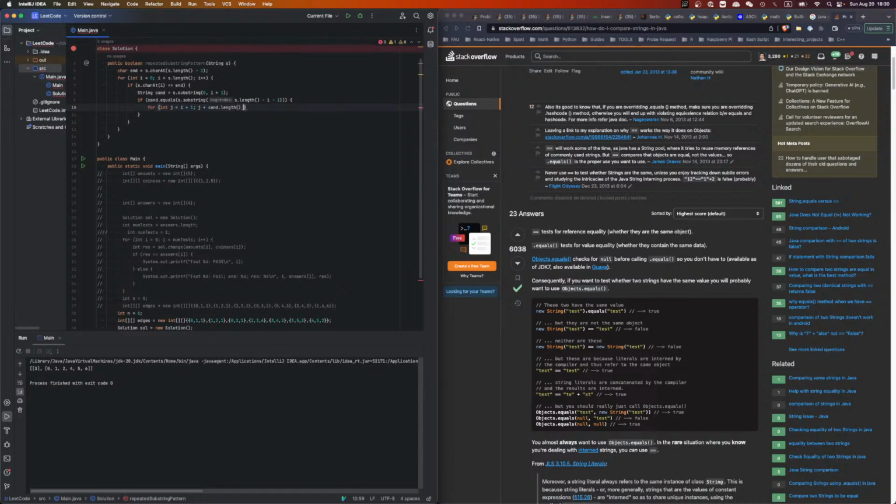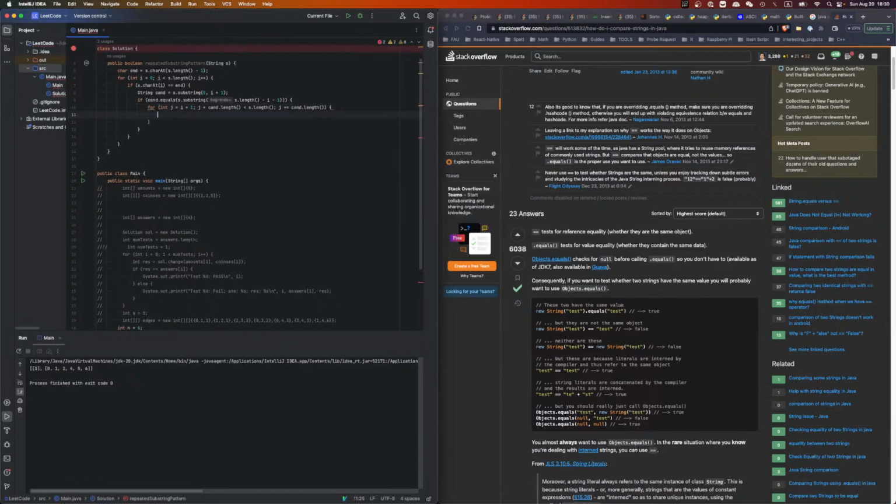Plus is minus 1, so smaller than s dot length. j plus equal to candidate dot length. Right, so j starts from here, and j plus this has to be smaller than that. And every time we're done, j will plus the candidate length to the next one. So we're trying to say if everything within this is equal to the target,